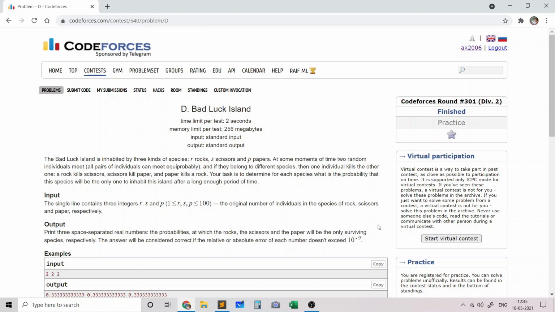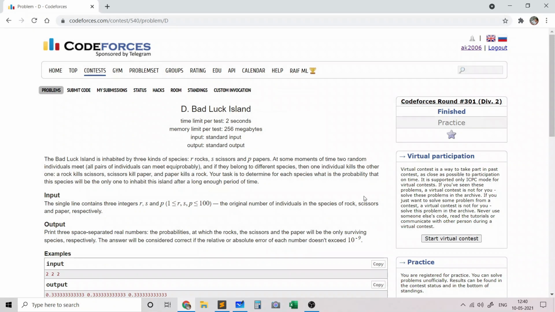I chose this problem because it can be used to show how dynamic programming can be used to solve probability problems. Also, sometimes DP solutions can be implemented more naturally using recursion and memoization, which I will show in my code. And thirdly, in this problem we need 3 DP states instead of 1, which makes it more interesting. So let's look at the problem statement.